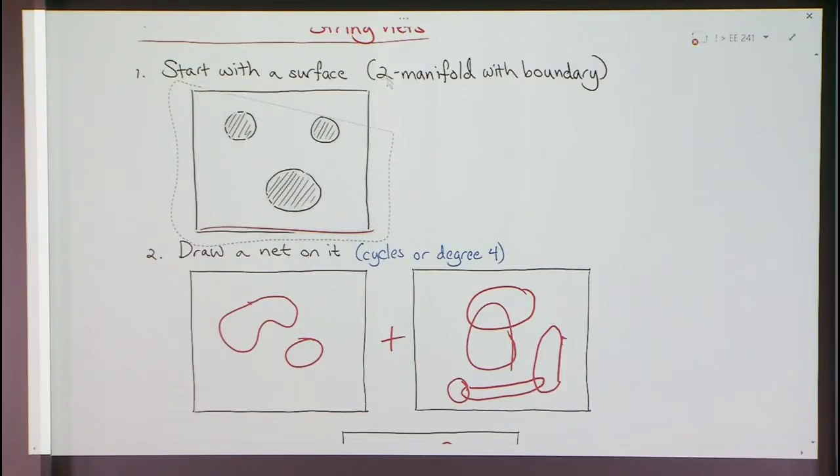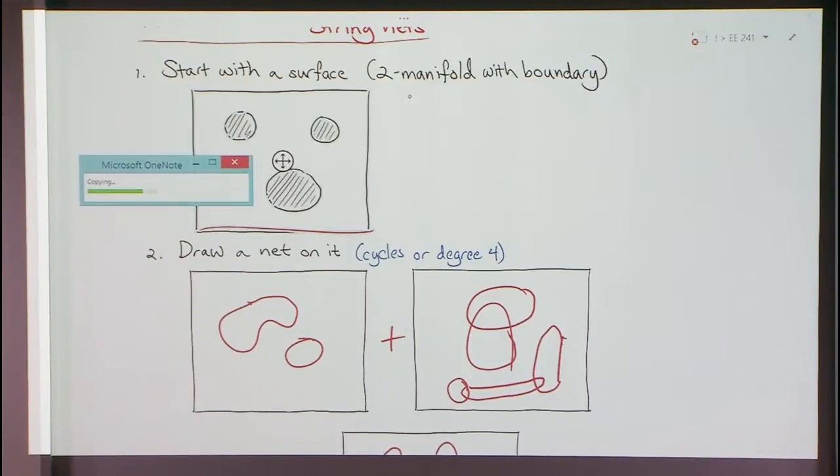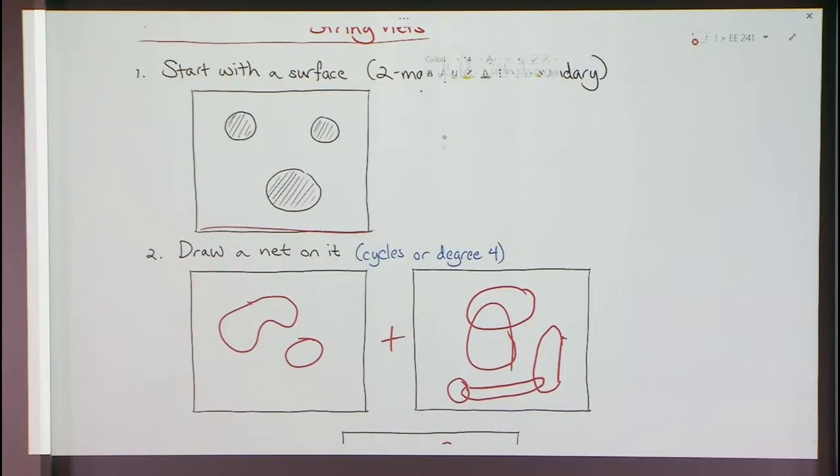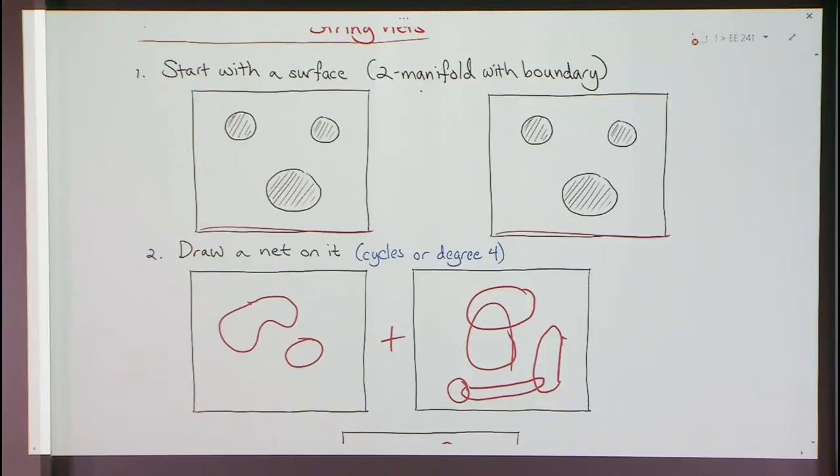Yeah, so when I say just draw a net on it and you add them all up, what I mean is you should draw only the ones that don't go around the holes. So like this plus this plus, and so on. I see. But we don't necessarily have terms like that go around like that. That's where we're going to get code words in a second.